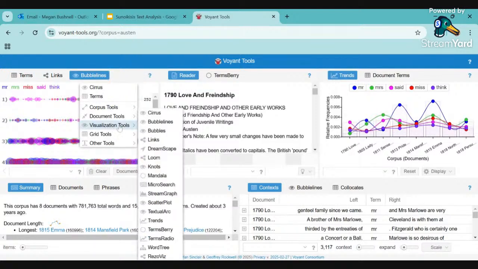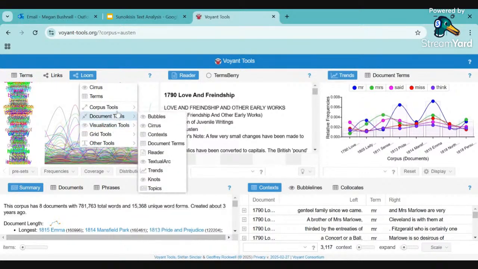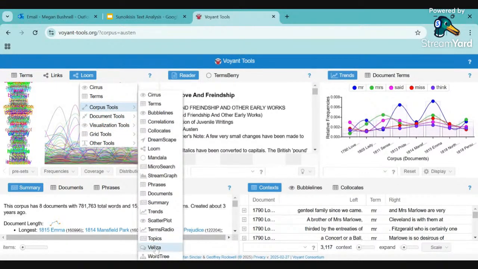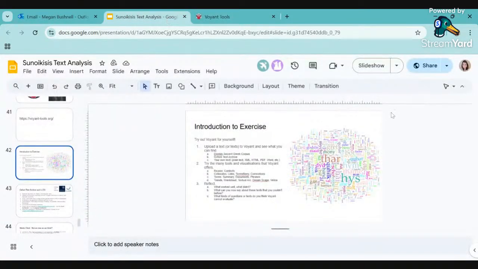Or what's another cool one? Loom is a bit nuts. I'm not entirely sure what it's doing, but it's certainly very colorful. But yeah, just give it a look, see what you find interesting, what you find helpful. They have another weird tool that I tried out, which is like this little chatbot called Visualiza, that I've not found very helpful, but I have found very entertaining. So just give it a go, see what you find, and then